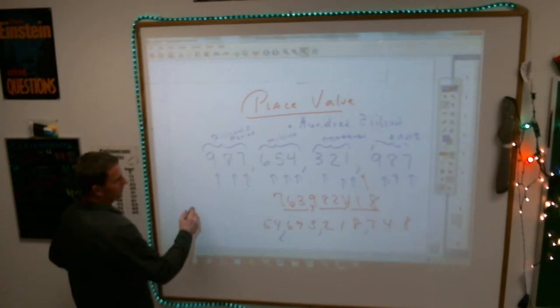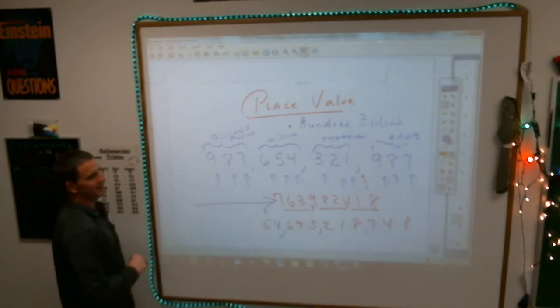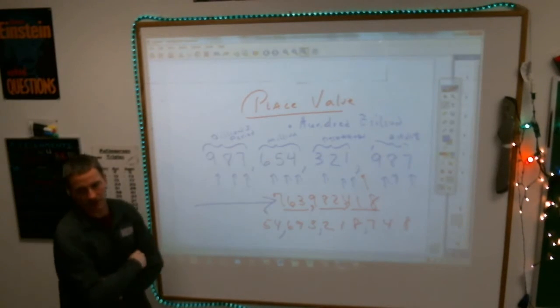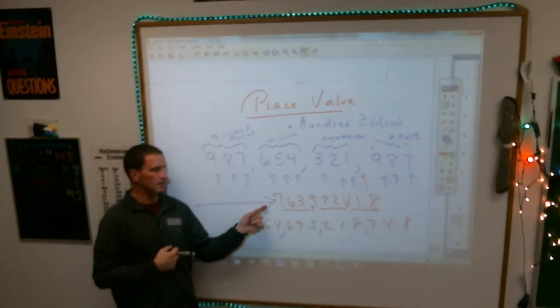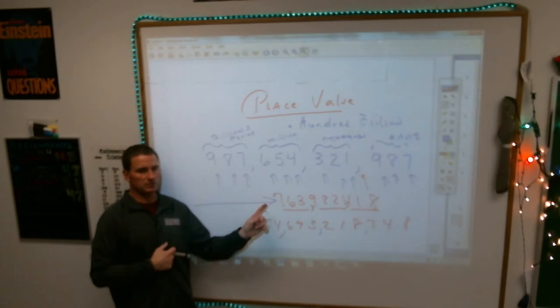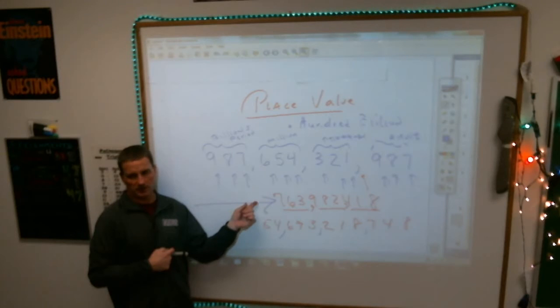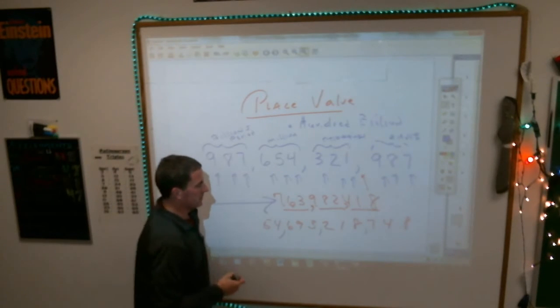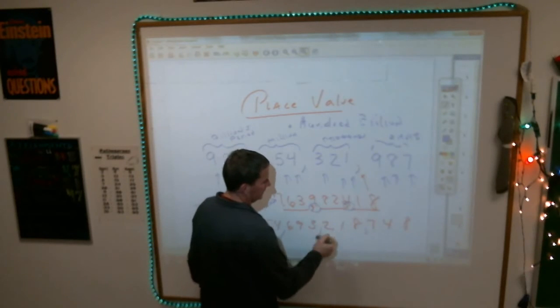218,648. In this number here, what digit is in the 100,000s place? 100,000s place in this number right here. Well, the 9. What digit is in the 10 millions place, Chase? 6. What digit is in the hundreds place, Joseph? 4. What digit is in the tens place, Cassie? 1. And it seems like you got it, but again, you really desperately need to put those commas in there